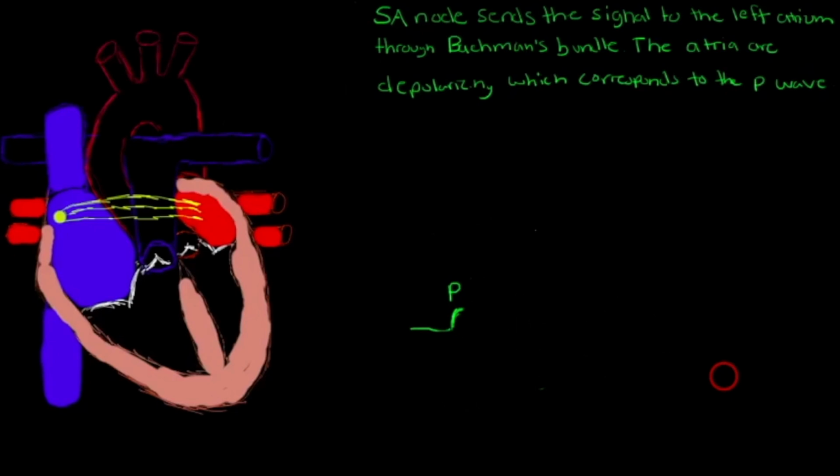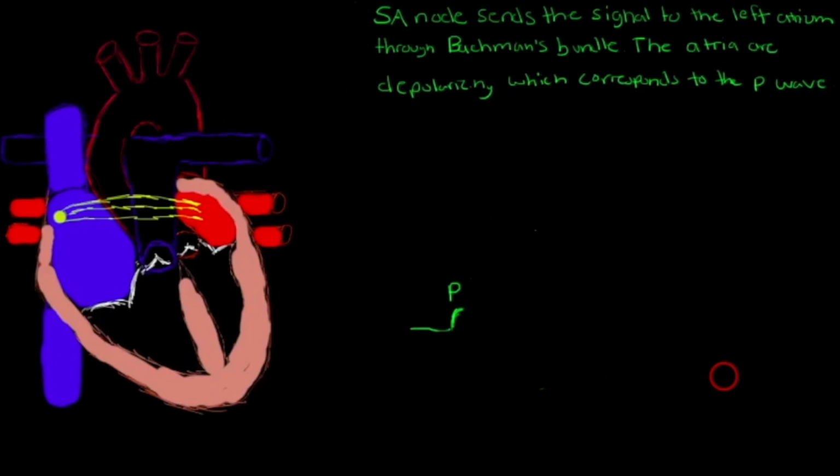So an EKG can pick up on this, and that's how we can diagnose people with stuff like a heart attack or angina or atherosclerosis, coronary artery disease, stuff like that. There are things that will show up in the EKG that we can see to help us determine what's going on in the heart. So here I have a little animation drawn out for you to correlate the cardiac conduction